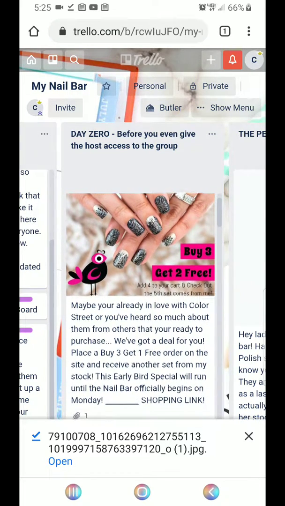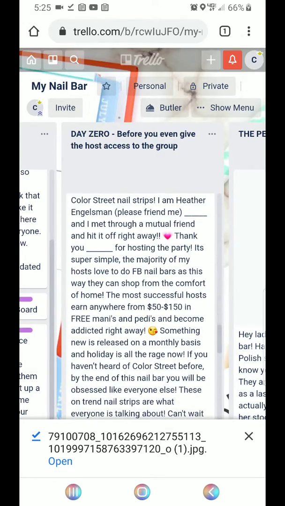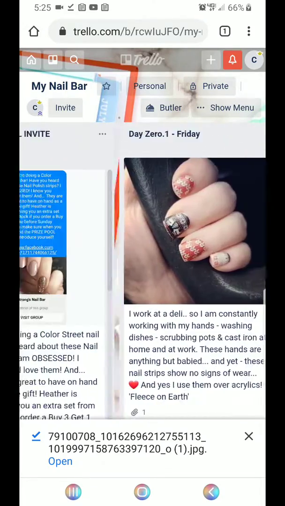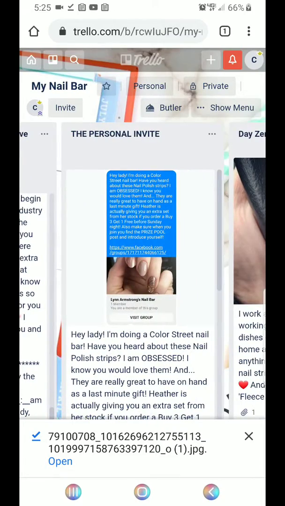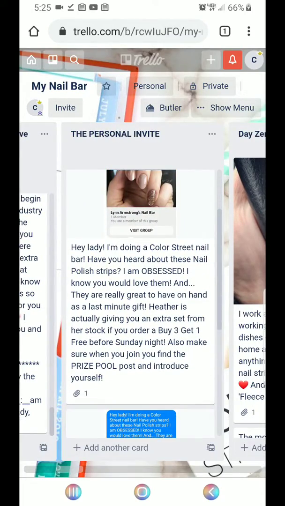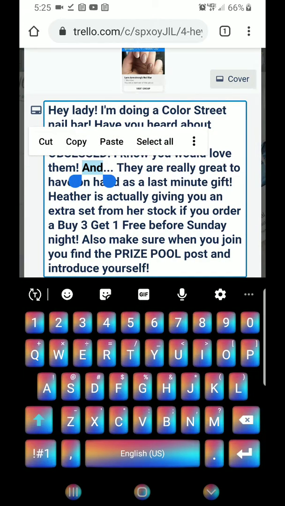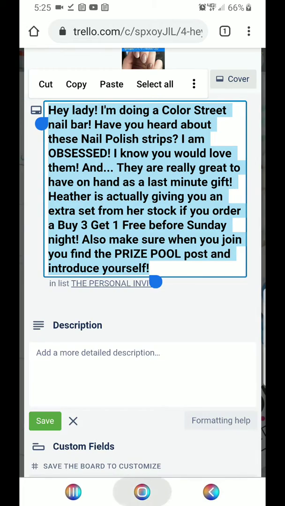So day 0. These are all the things you're going to post before you even give the host access to the group. Then you're going to go ahead and create her personal invite by copying and pasting this entire thing into a message to her. And then you're going to go and grab